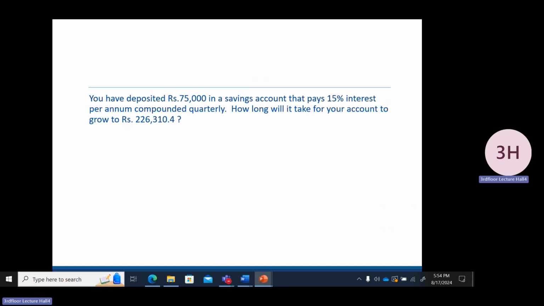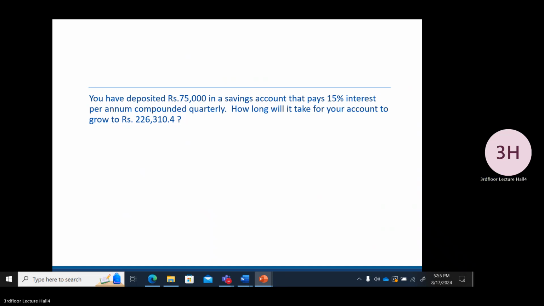So here also we can draw a timeline like this. You have deposited 75,000 that pays interest 15% per annum. So the annual interest rate is 15%, but compounding quarterly. How long will it take for the account to reach 226,310.40? Either the future value or the present value formula you can apply, but here the annual interest rate is 15%